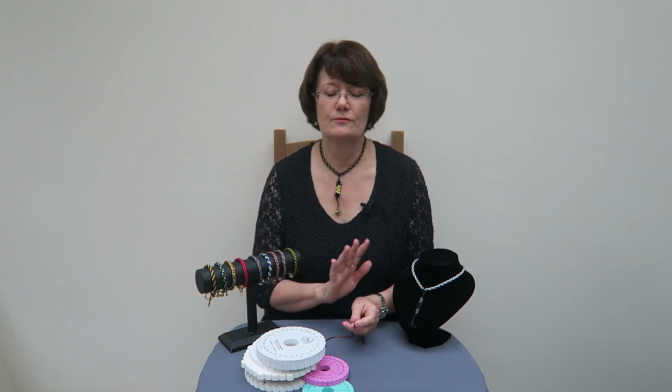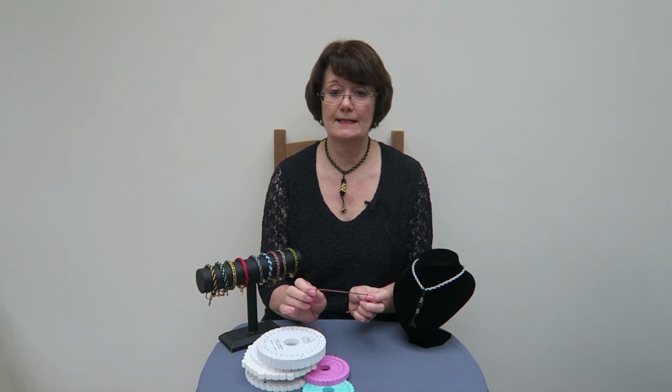Now, you can use pretty much anything you want to make Kumihimo, as long as it bends and is in the tolerance of about 0.5 to 2 or 3 millimeters in diameter. You're going to be able to braid with it. Think of fancy yarns with slubs and bobbles on, leather, waxed cord, hemp, ribbon, chain, wire. Really, sky's the limit. But for this particular video, I want to show you how to use satin cord,